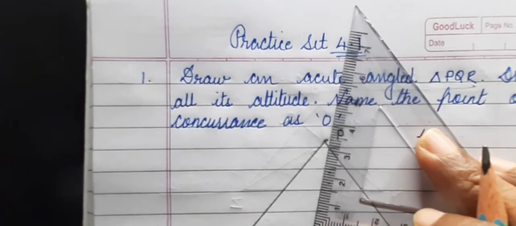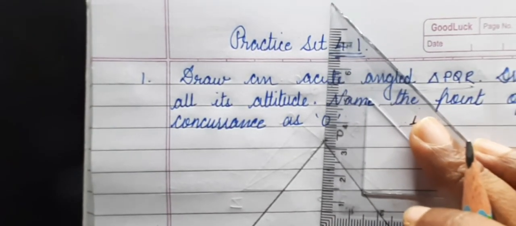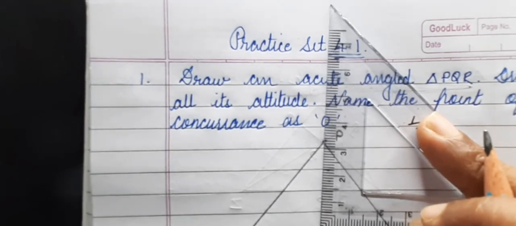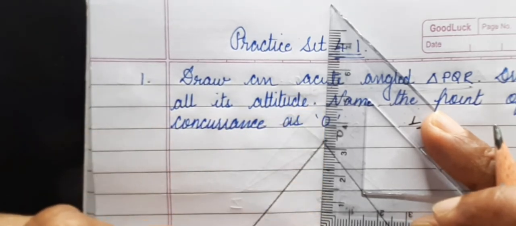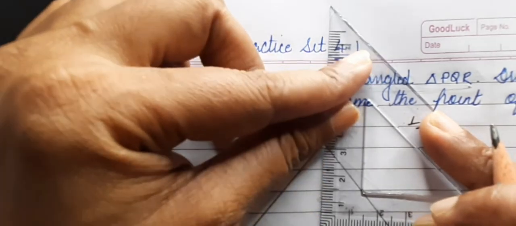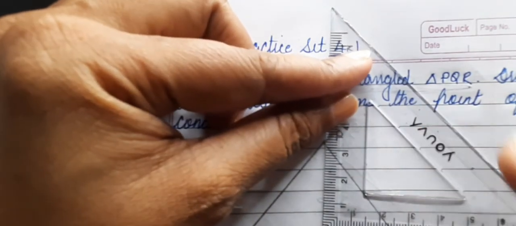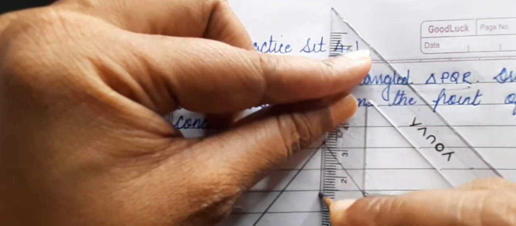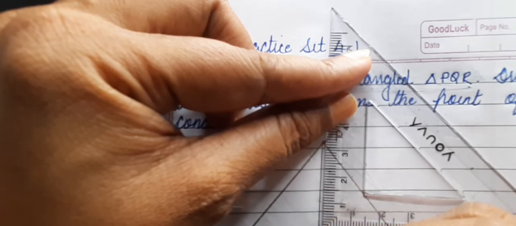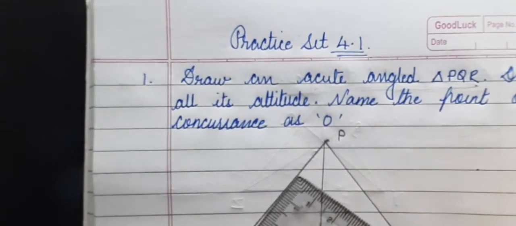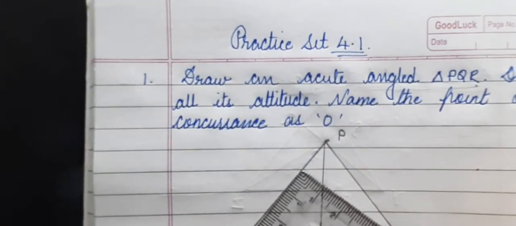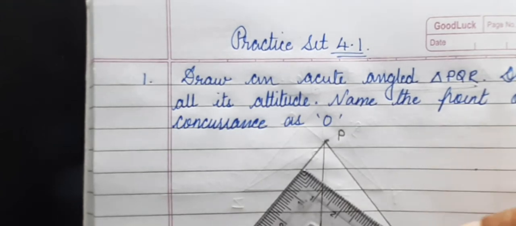I'll be placing the set square such that one of the perpendicular sides of the set square coincides with QR and the other side coincides with point P. So here this is one of the altitudes. The other altitude is,